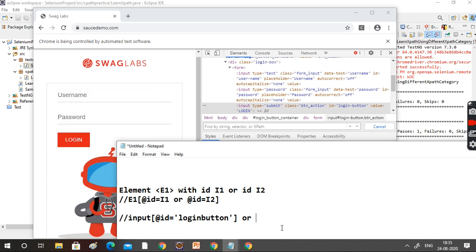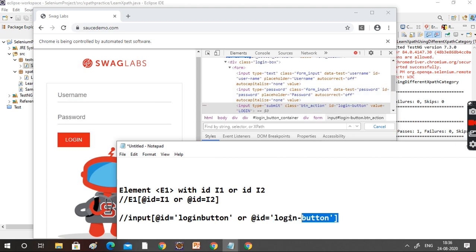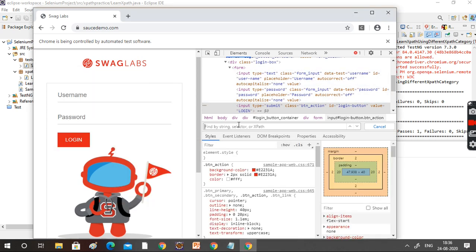Your script has to work for both things, right? In this case, how will you develop that? In that way only we need to develop. How to do that? Login. This is the new one. Login button. So your script won't fail for both releases. It will try to find that. Is there a login button here? No, the script won't fail. Do we have a login-button? Yes, we have. So this is the element. If both are not found, then your script will fail. It will throw a NoSuchElementException.